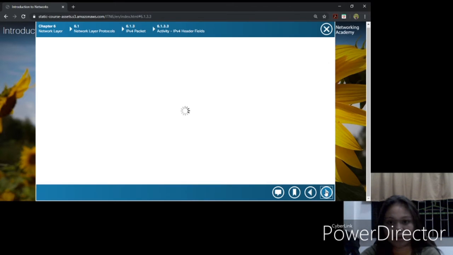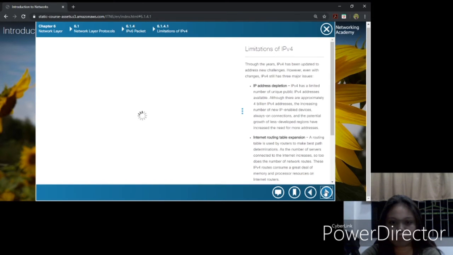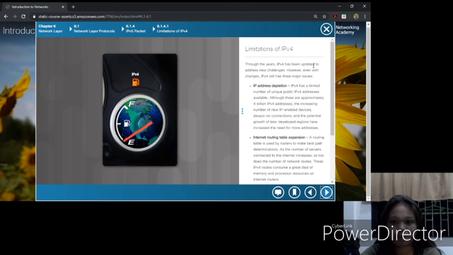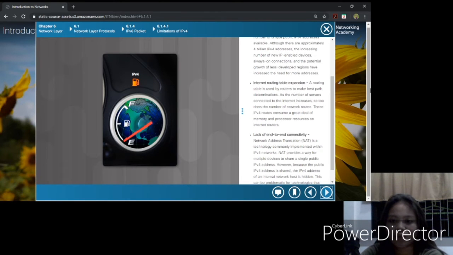Next is the limitations of IPv4. IPv4 still has three major issues: the IP address depletion, due to the increasing number of new IP-enabled devices, always-on connections, and the potential growth in less developed regions; and the internet routing table expansion. Best path determination: as the number of servers connected to the internet increases, so too does the number